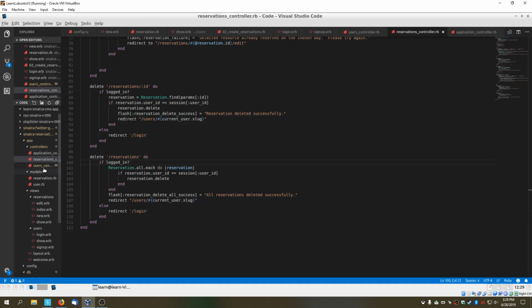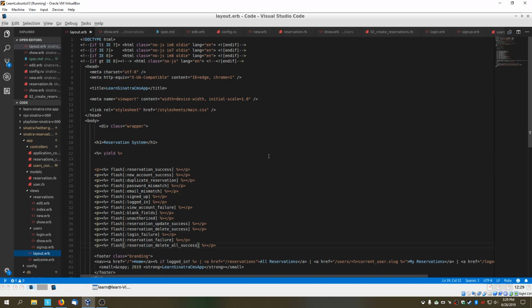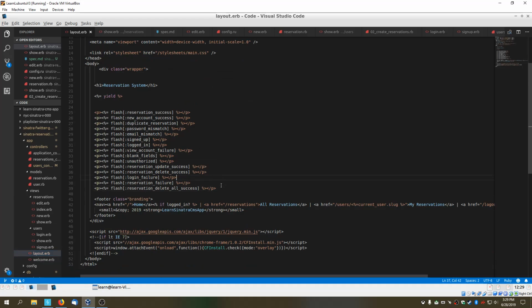And then the views, there's a general layout.erb that came with the initial files for setting up this project. The Corneal gem was really great for setting up the initial files. And I'm not sure if this is the right way to go about this, but I realized that since the other views inherit everything from the layout.erb file, I would just put all of my flash messages there. And I installed the Sinatra Flash gem so that I could display